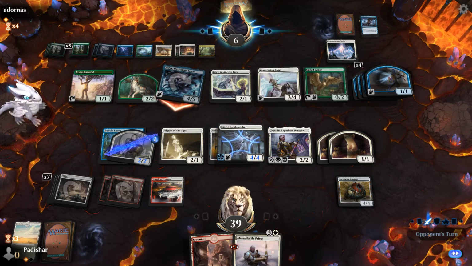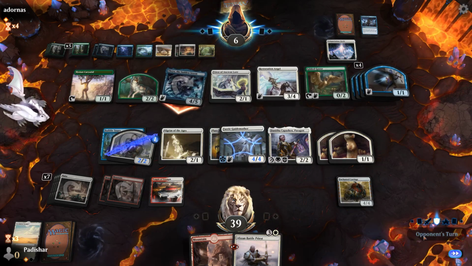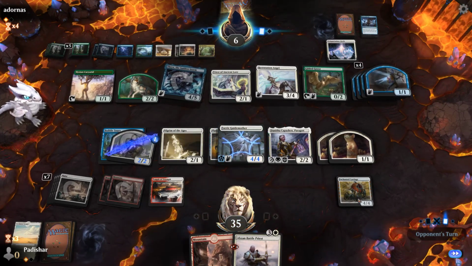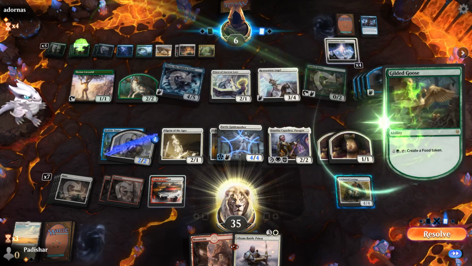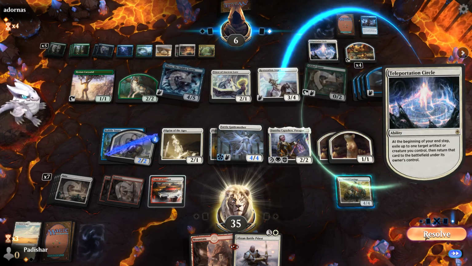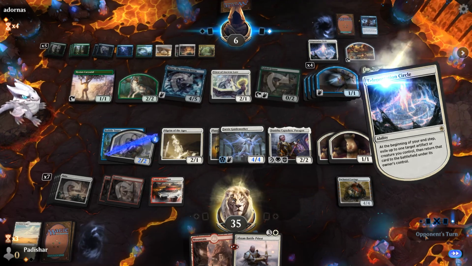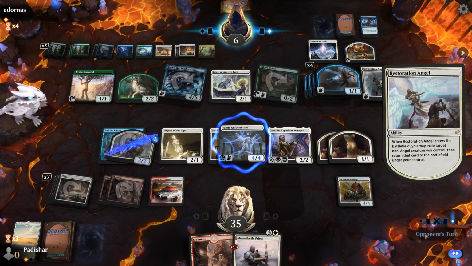And they only deal... No blocks. I can attack with the enchanted carriage unless they're gonna make the... Well, let's see what they do with the teleportation circle. What they don't want to do is bounce the priest of the ancient lore here. Okay, so they do that, and I guess they're gonna...